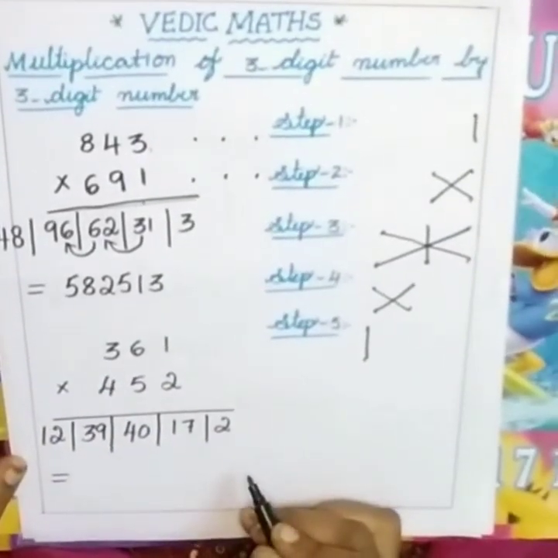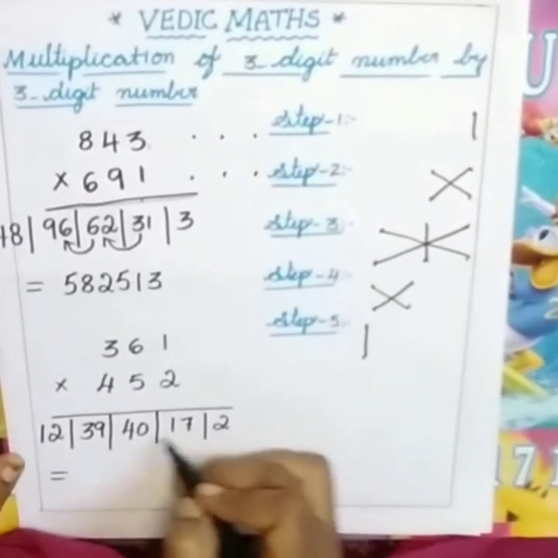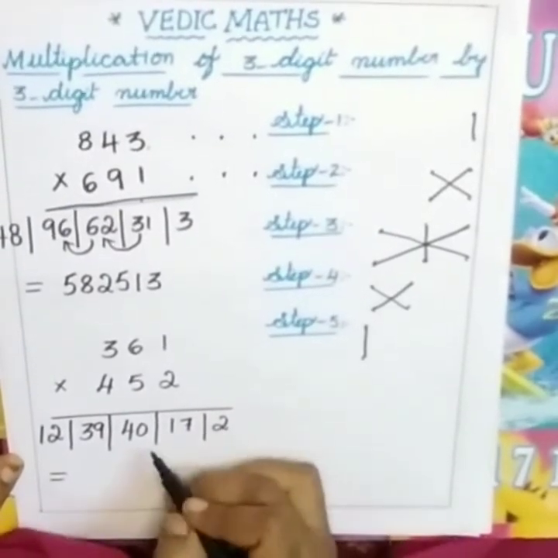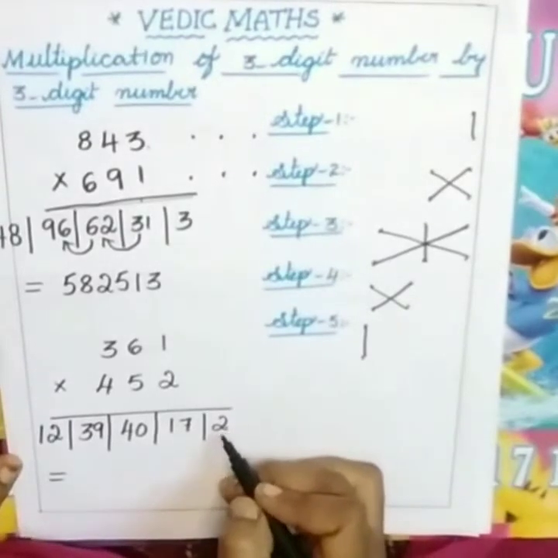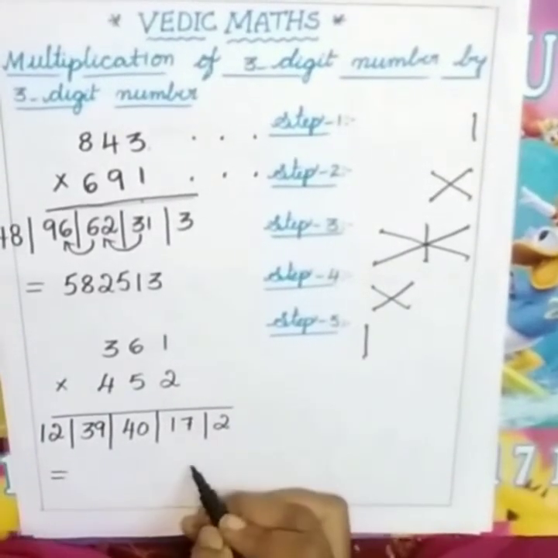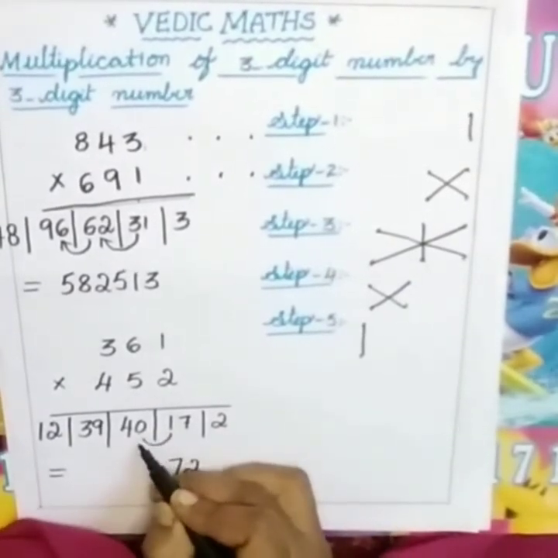See, again I am using the balancing technique. The balancing technique is nothing but we have separated the numbers with some lines, no? So always we have to take the ones digit from each part. Here only the ones digit is present. There is no tens digit, so there is no carrying also. So we should write 2 first. And next part 7 we have to write. 1 will go to the next.